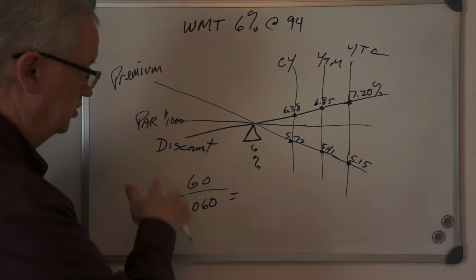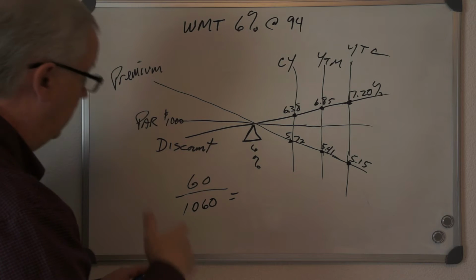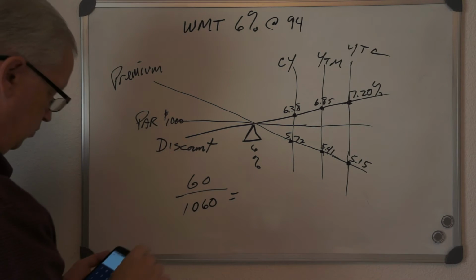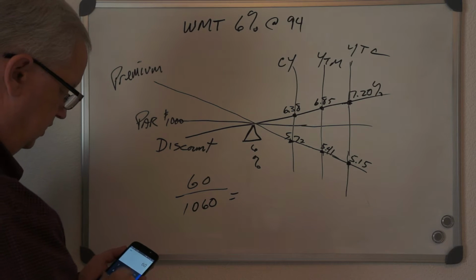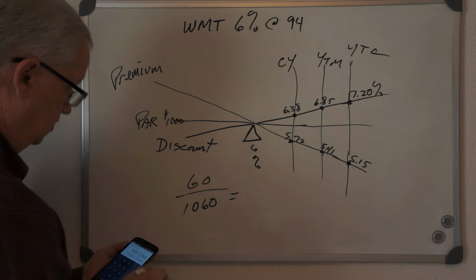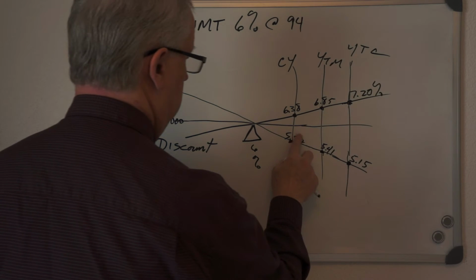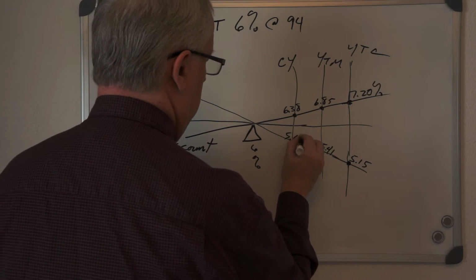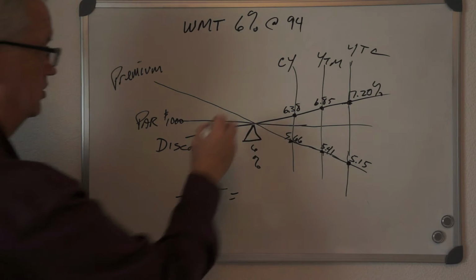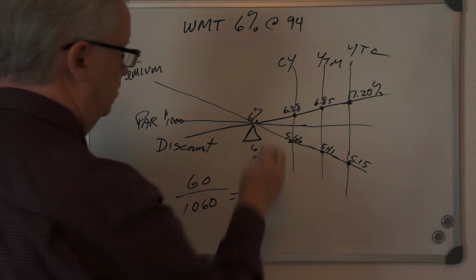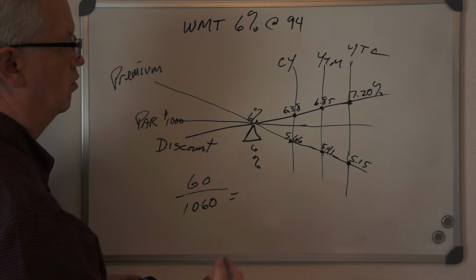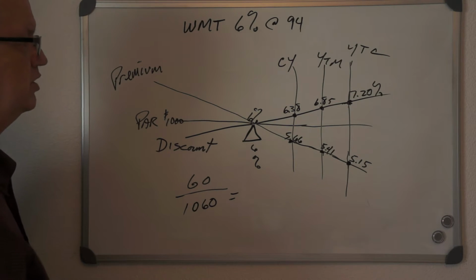So let's do it. We're still dealing with $60. It doesn't matter what the price of the bond is, it's going to pay 6% of 1,000 on the par. So it's 60 divided by 1060, which is going to be 5.66. I wasn't too far off. Okay? And here we're sitting at 6% as the coupon. So the question could be as simple as,